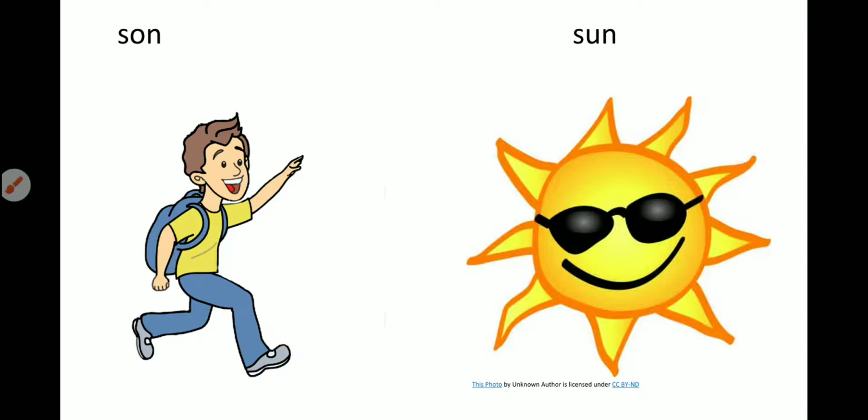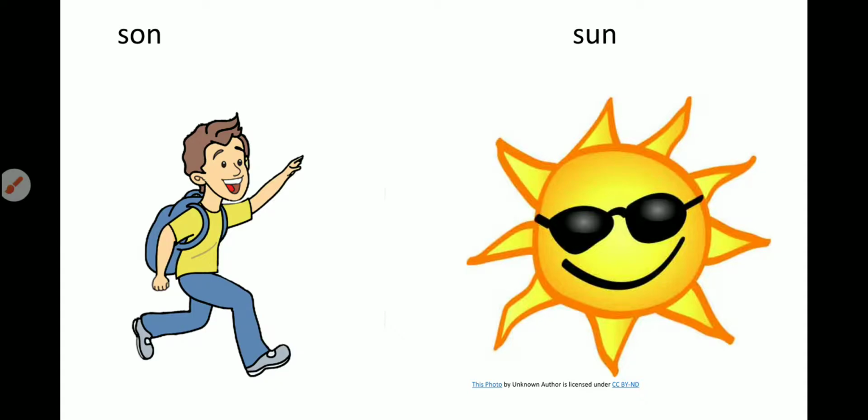Look at this picture. We have a son, S-O-N, on one side, and we have the sun on the other side. Okay? And son, which is a young boy, is spelled S-O-N. And the sun that shines every morning when we wake up to give illumination to our day is spelled S-U-N. So we could make a sentence with the first son and say,